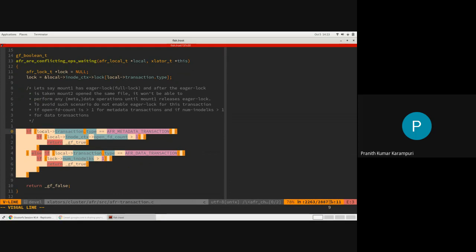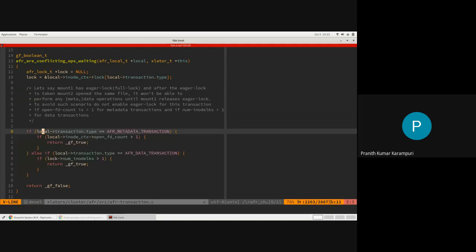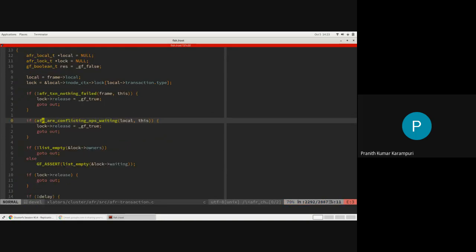When it sends the write transaction, let's say, to all the bricks, it will also query whether there are any other clients that are waiting for this operation. That is gathered in this variable whenever such a thing happens. And it will check whether any other clients are waiting for these operations to complete, and if there are other clients, then also it will have to release.